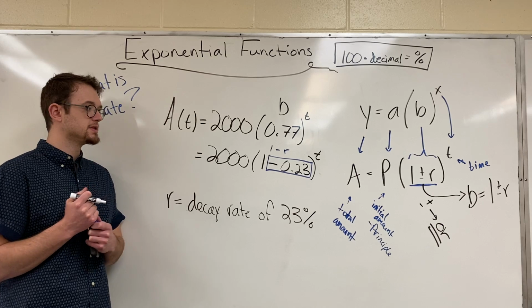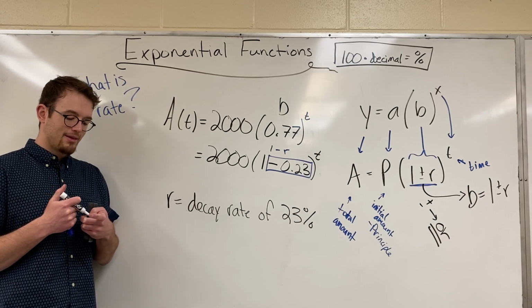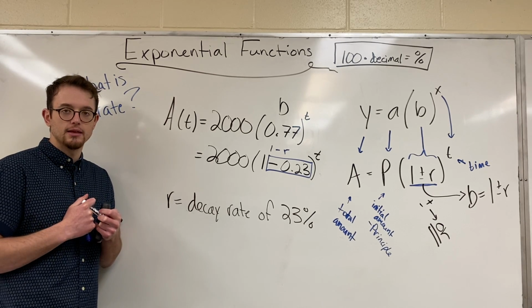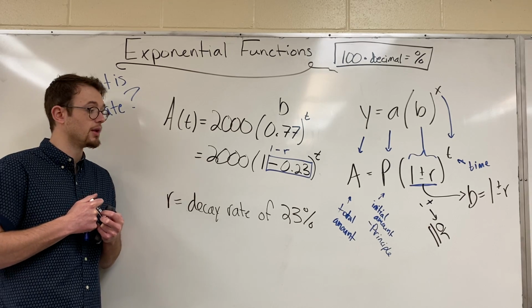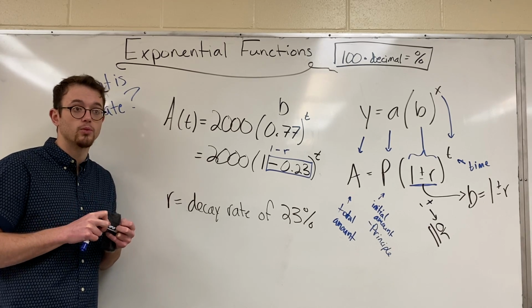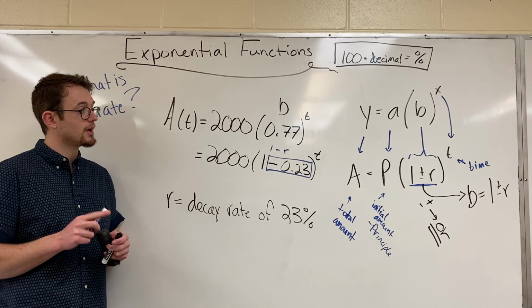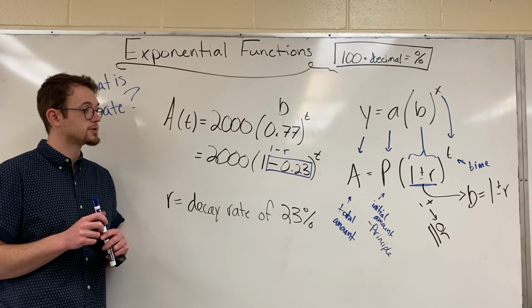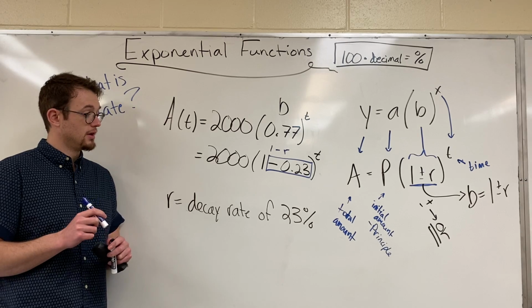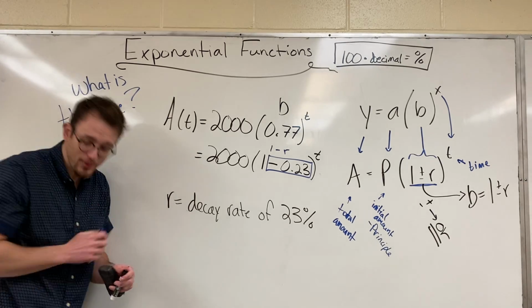That's where I'm going to leave off of this video. My students aren't going to be solving anything yet. They just have to identify R and whether it's a growth rate or a decay rate and what it is as a percent. Soon to come though, they'll be solving some story problems and applications with, bless me,